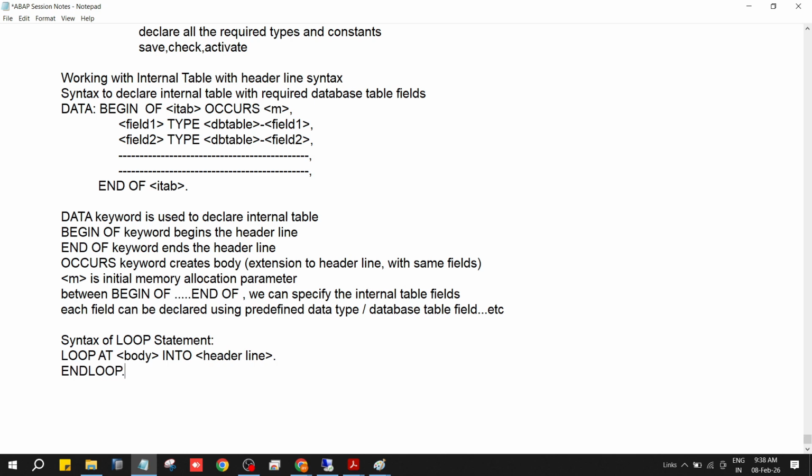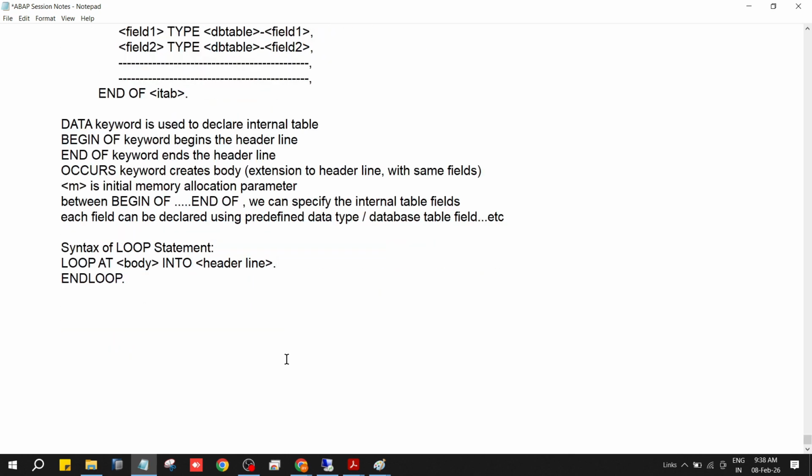Okay, loop at body into header. Right. What next? In between, what you have to do is display or perform some operation using the header line content. If you want to display, you can use the write statement. If you want to modify, you can use the modify statement. Anything you can do by using it. So first of all,